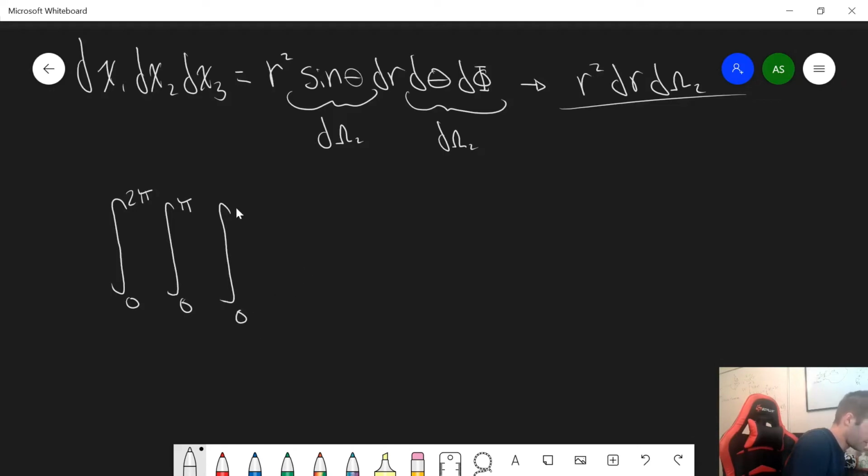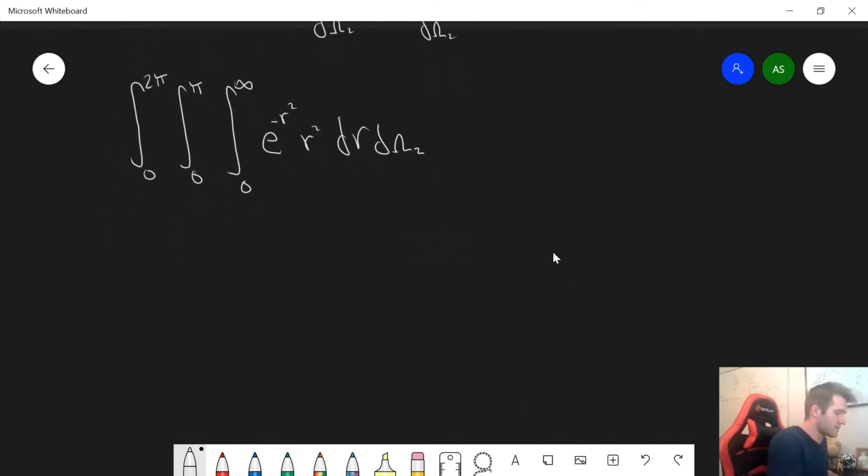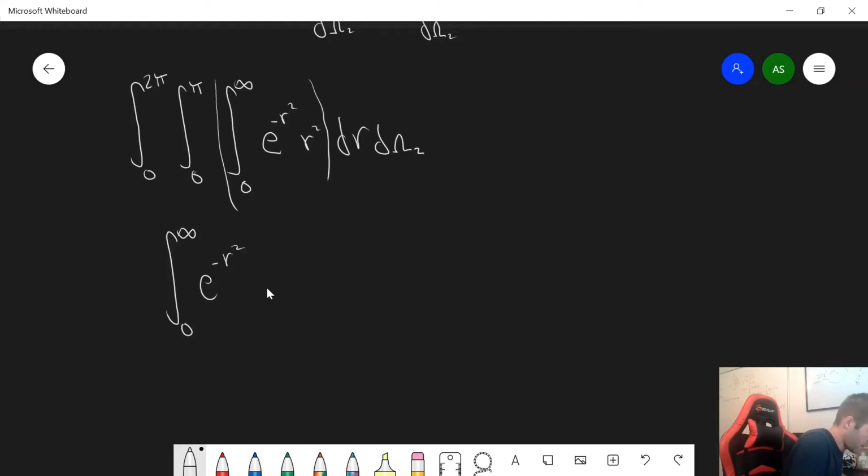And then, of course, our radial angle is from 0 to infinity. And we have here e raised to the negative r squared times r squared, and then dr d omega subscript 2. Alrighty, so first, let's put this aside and solve for the integrals on the outer ends here. What we're going to have right here, from 0 to infinity, is e raised to the negative r squared times r squared,